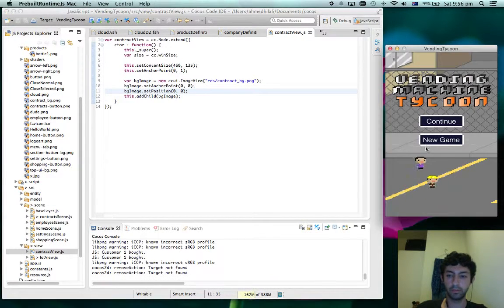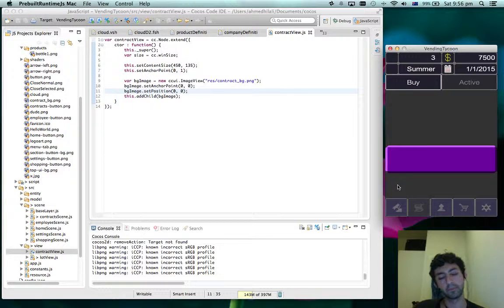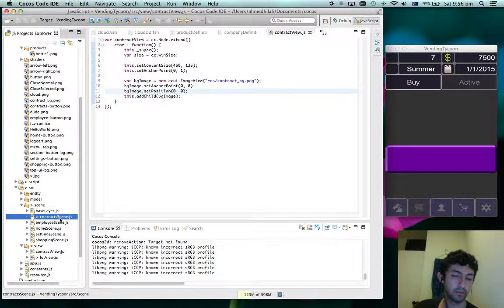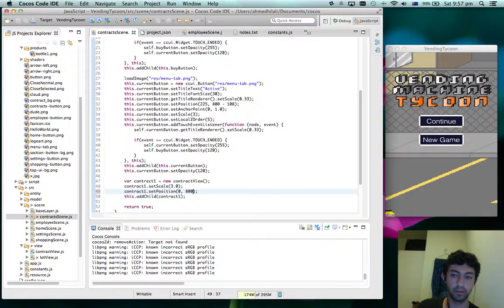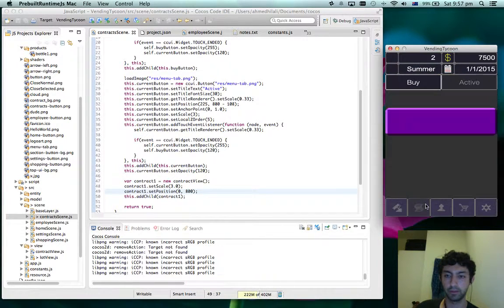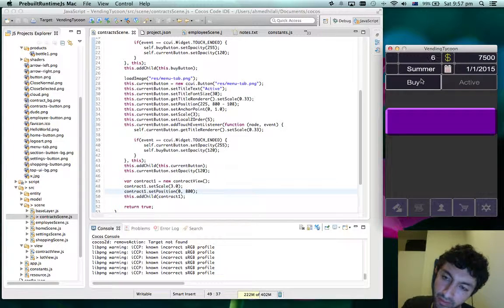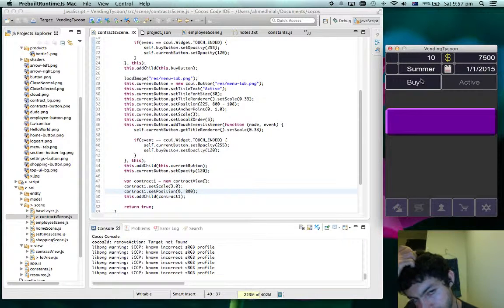I know that it's supposed to be a 0, 0. It does, and yet we set the contract scene to. If I set this to 800, it should appear right at the top. But it doesn't. It's like a couple of